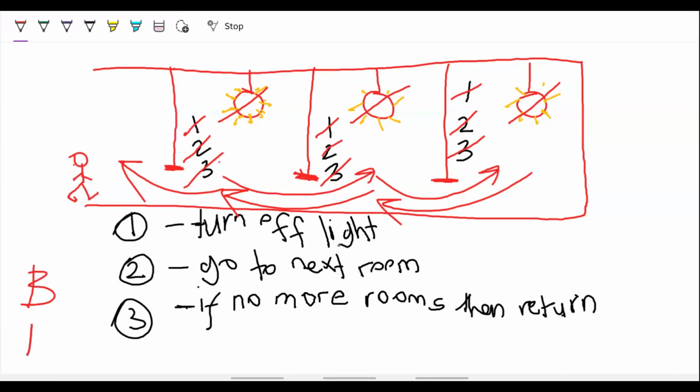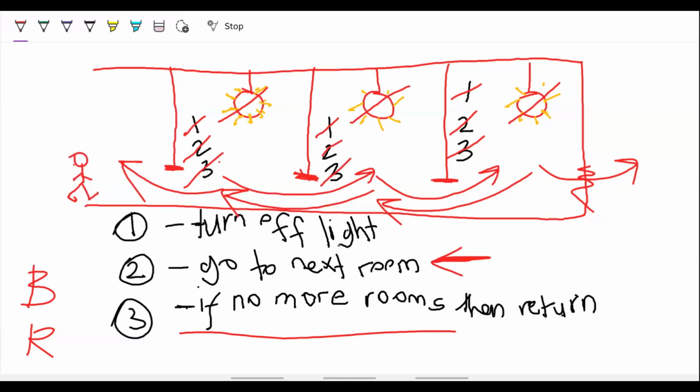Now two things to note over here: one was the base clause and the other one was the recursion. Let's say there are an infinite number of rooms. What will happen? You will keep on going to the other rooms, and in that case you will never come to a stop because there's always a next room. So to stop at a particular place you need a base clause, and our base clause in here was this one: if there are no more rooms left, then you return. And the recursion was going to the next room.